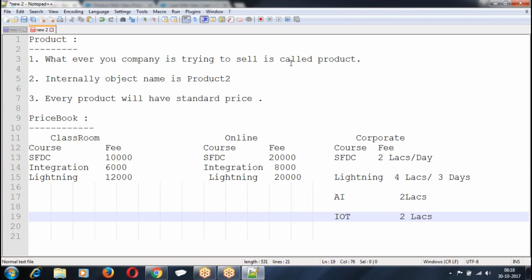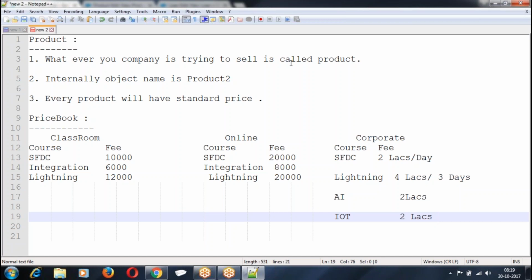All these are Hyderabad only. In my Bangalore, I am not giving all these courses. In Bangalore, I am giving only SFDC and data scientist. In my Pune branch, I am only giving networking and testing. Capital Info has 3 more branches, but we are not giving all the courses in all the branches. If you take a Pune price book, we have only testing and networking. If you take a Bangalore price book, we only have SFDC and data scientist. In the Hyderabad price book, we have 17 courses.